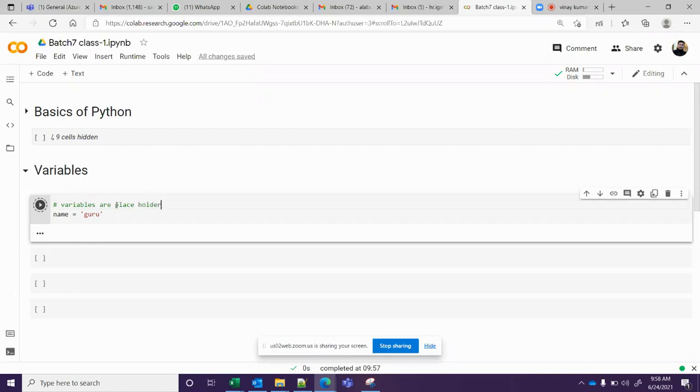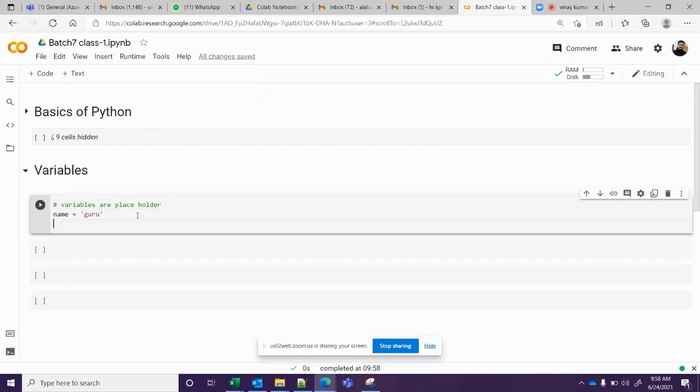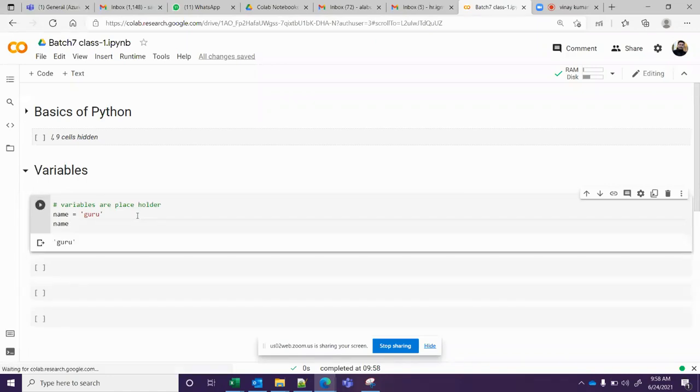Variables are the placeholders. So what is the value within the variable? How to print it? As you print any literals or constants, you also print the name. It is going to get the value it is saving. So here two things you need to understand. This is a value or data or information. This is the variable, and this equal is called the assignment operator.